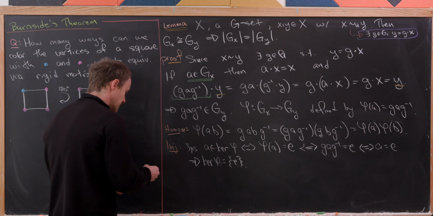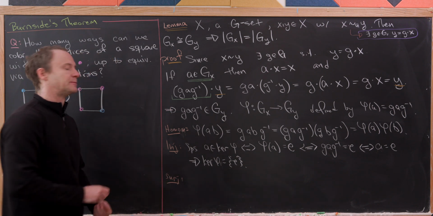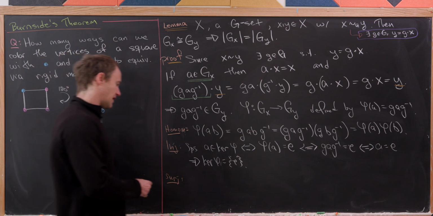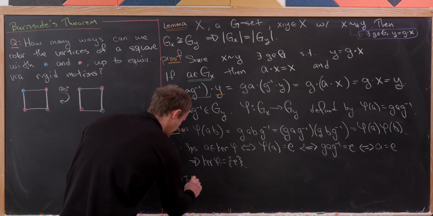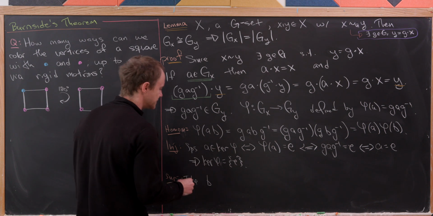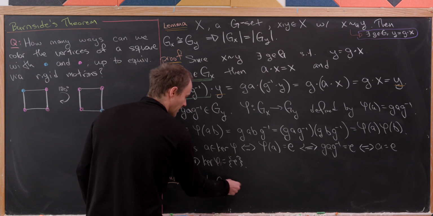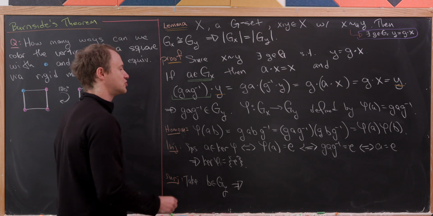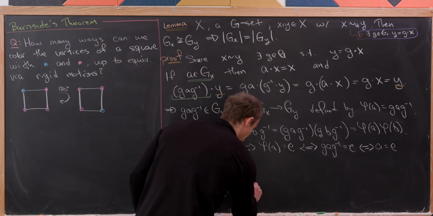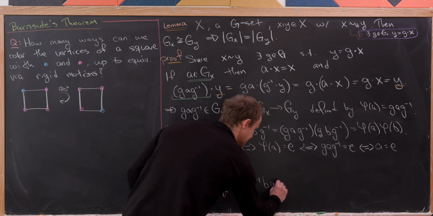Okay, so now we need to show that it's also surjective. So how can we do that? Well, let's take, perhaps we'll call it B. I know we used B up here, but we'll use it again. And let's say that it's in G sub Y. But now let's observe, and maybe I'll let you check this, that G inverse BG is inside of